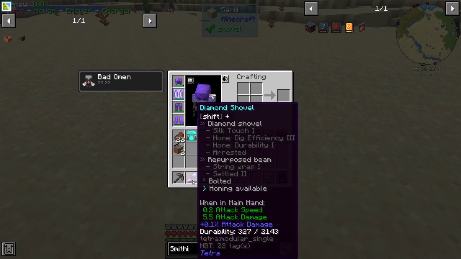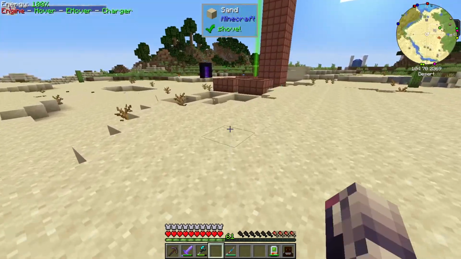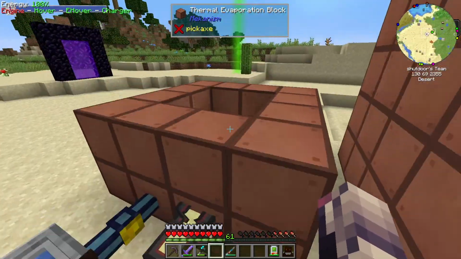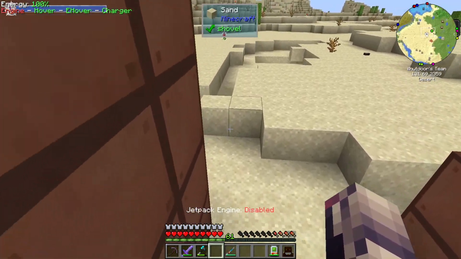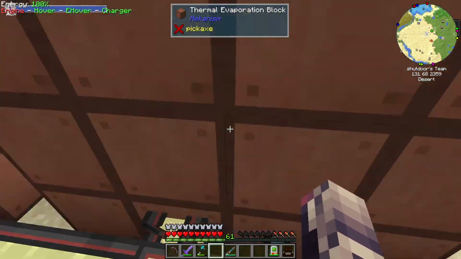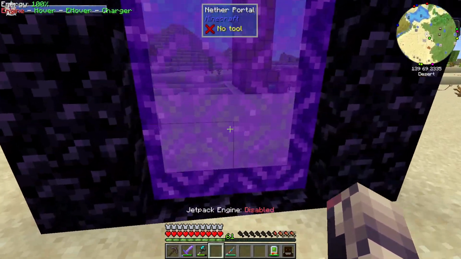We got Bad Omen. Also, you might have noticed I switched out my pickaxe. I don't have my Tetra pickaxe because it's so badly damaged and I can't repair it because I need a level 5 hammer. So we're at the point where I can't do anything with the pickaxe. Okay, anyway, let's look at this. We are currently producing 170 millibuckets per tick of the fluid we need. So if we fly back home here,